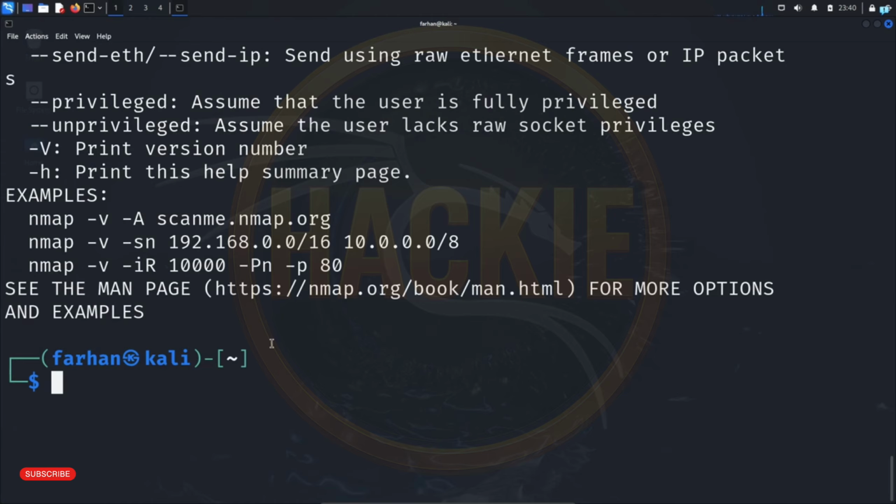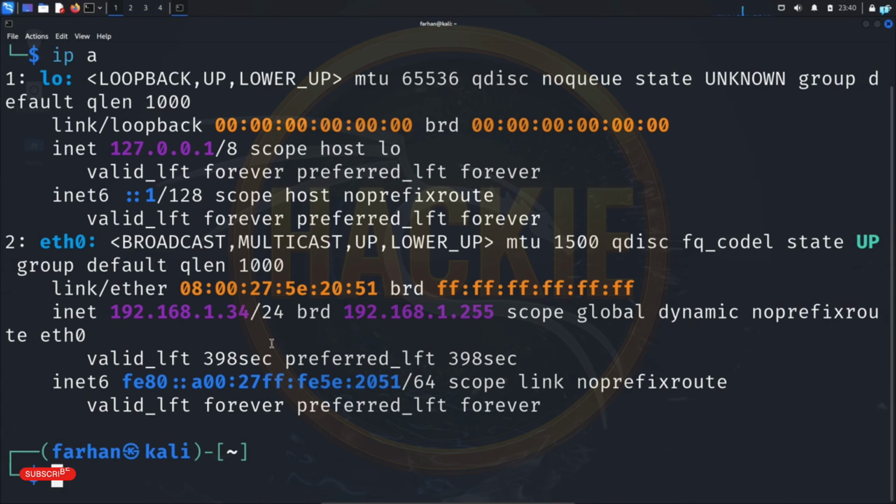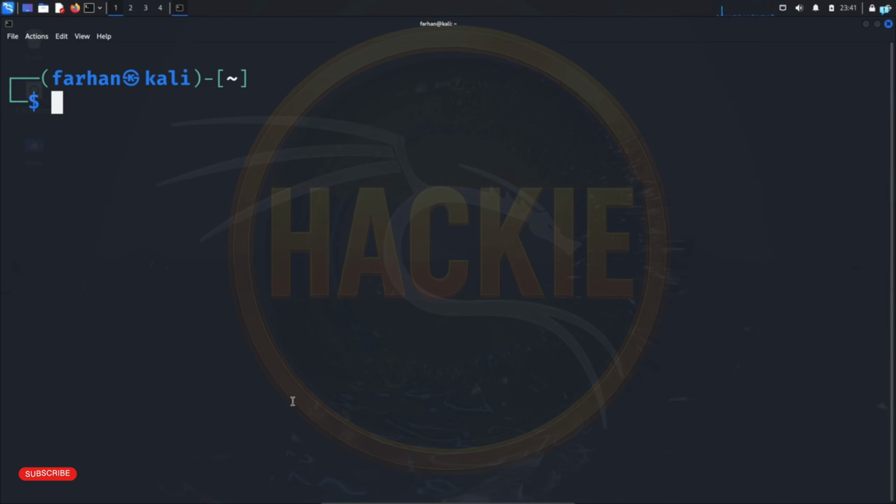So first, let's see how many devices are connected to our network and what are their IP addresses. To do that, the first thing I will do is type the command ip a and press enter. In the interface it's eth0. My network address is 192.168.1 and I'm in the /24 subnet. So the command that I will type is sudo nmap -sP